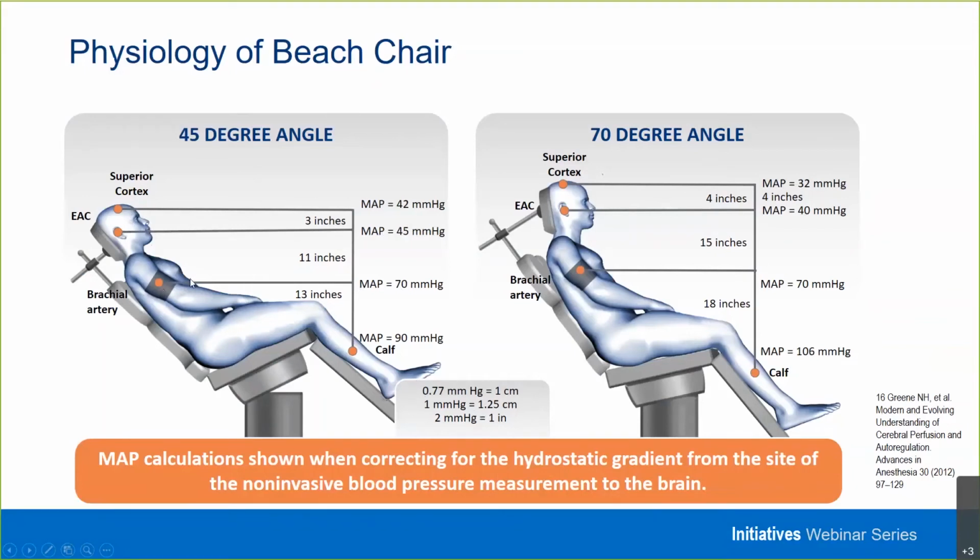And if you monitor in other places, it's not uncommon to monitor the calf in many of these surgical procedures. You can see a very high gradient between the brain and the site of monitoring. Just by changing the angle, and here in the picture on the right, going from a 45-degree angle to a 70-degree angle, you can see the impact that it would have on the difference in mean arterial pressure at these